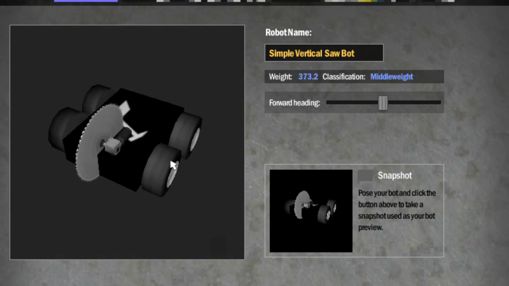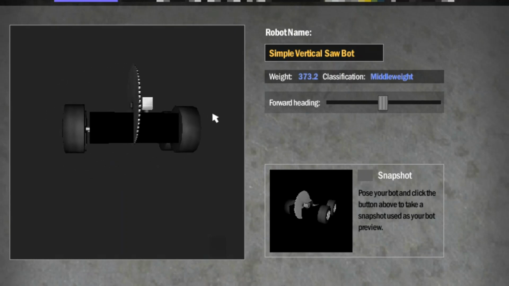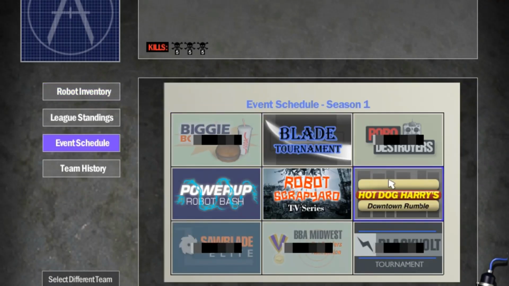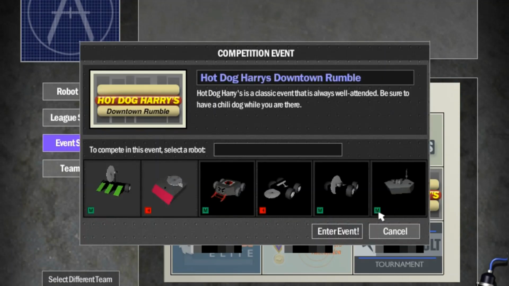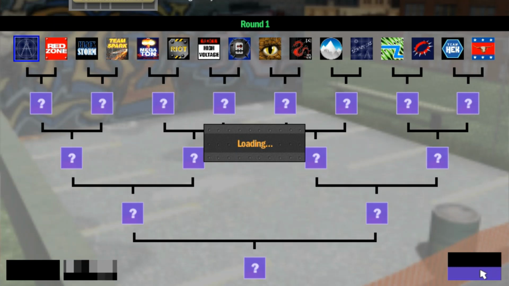Now let's take a look at his cousin, the Simple Vertical Sawbot. Now guys, this bot's not invertible, so as soon as I get flipped, I'm done. But I do have the advantage of being a vertical spinner, or a vertical Sawbot, and as we know, vertical spinners kill everything, so let's see how we do. Okay, our very first fight is going to be up against...